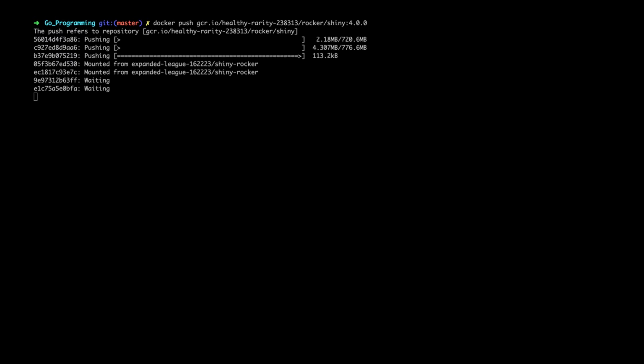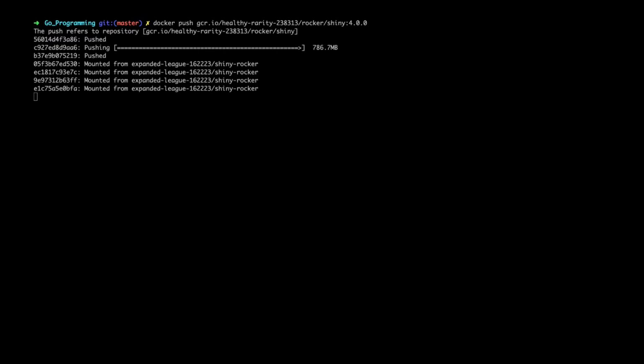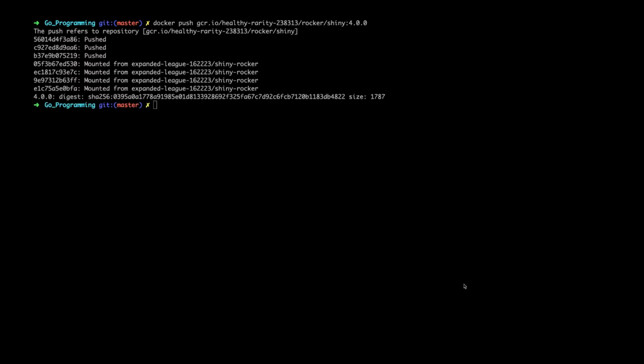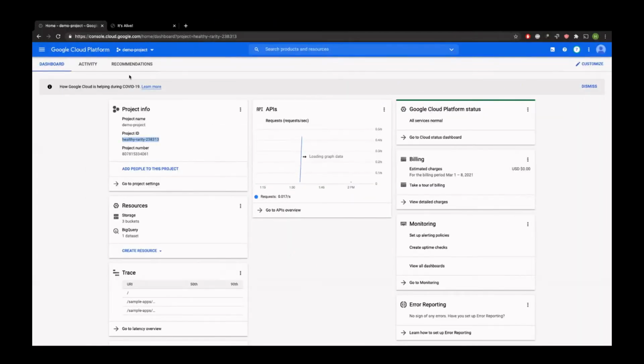And as you can see, the image is pretty large. So what we're going to do here is skip ahead. Hold on, let me skip ahead. And with that, we pushed. Okay, that means we've pushed to the container registry. Just to show this,